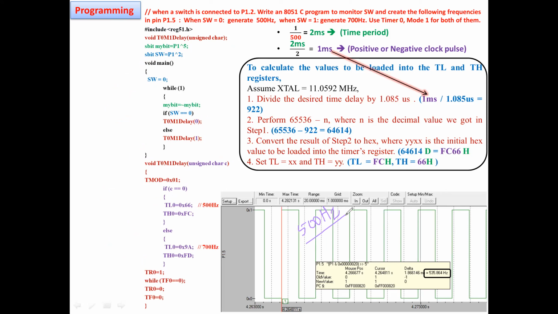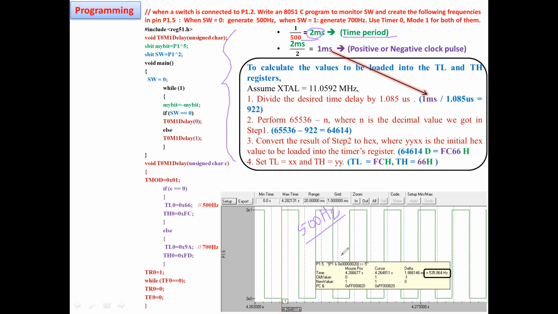All the data I have placed here, you tell me what you understand. Any idea? So frequency is converted to time. Yes. First step, you have to convert the frequency to time period.